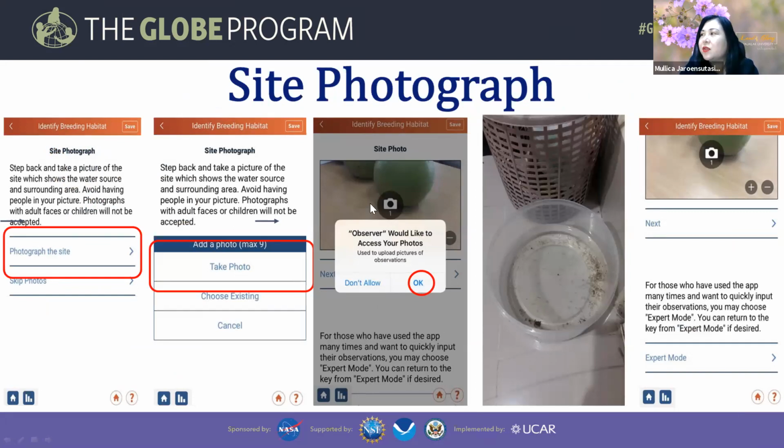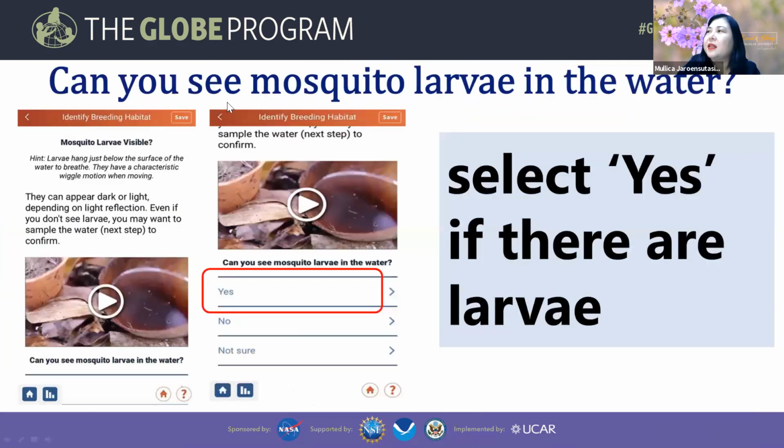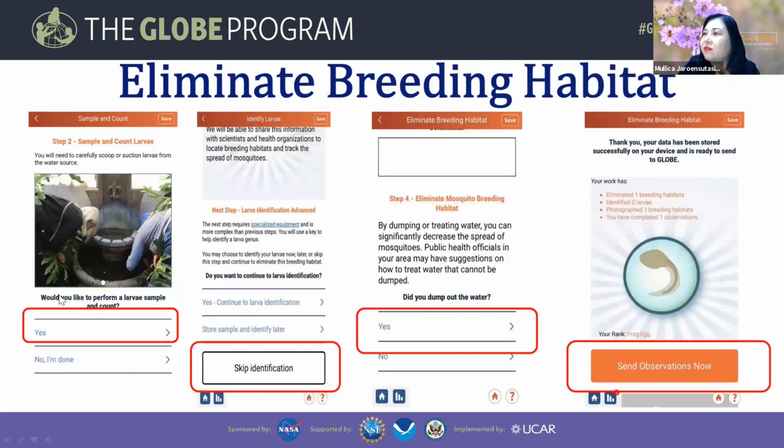In a few minutes, Casey will go through how to take a good photo. This is very important because we want to see mosquito larvae, so we can estimate how many that present in the breeding sites. Okay, and then if you have a chance, you can identify up to species level, and the main thing is you have to dump the water out. Okay, so once you dump the water out, you will mitigate it, right? And after you finish all these, after you dump the water out of the container, and then you submit your